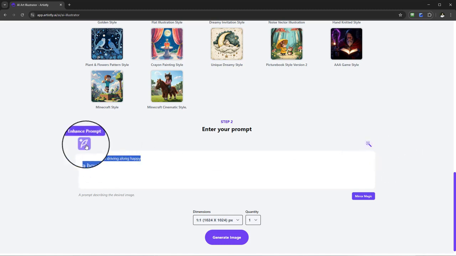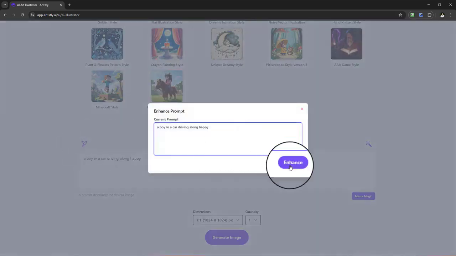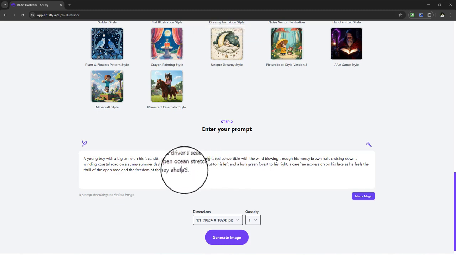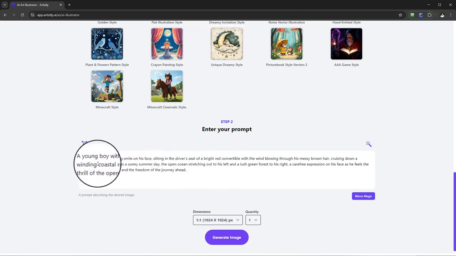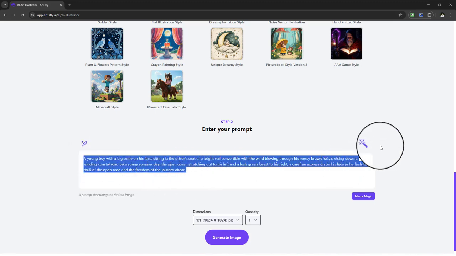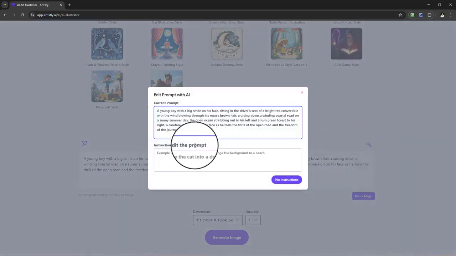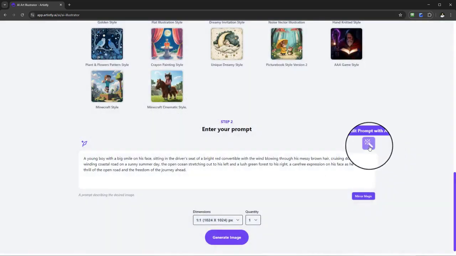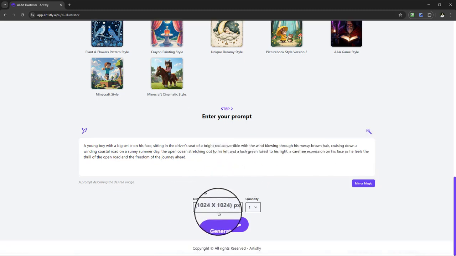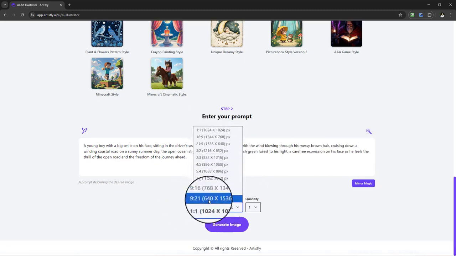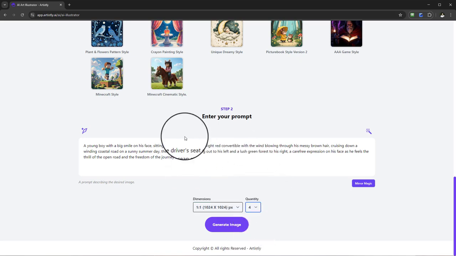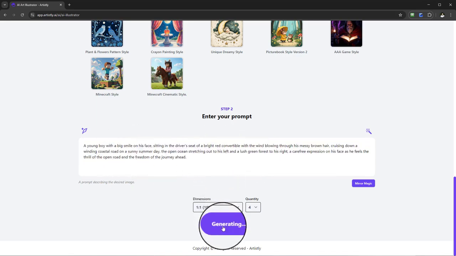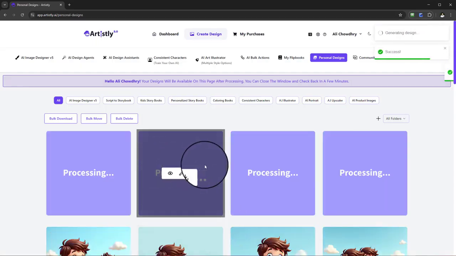Okay, now you'll probably see the moment I type that in you'll have two icons appear. One, as you're probably familiar now, lets you enhance the prompt. So I can take this and allow the AI to build out the prompt, and now anything that I don't want I can go and edit. You can see a nice enhanced prompt, and if I want to just make single edits I can do so using the secondary icon here, where I can edit the prompt with the AI. Now you've got a number of dimensions to choose from depending on your needs, and you can set the quantity. Now if I take this, I select generate image, and it will be off to the personal design section